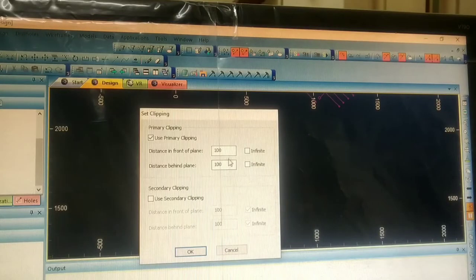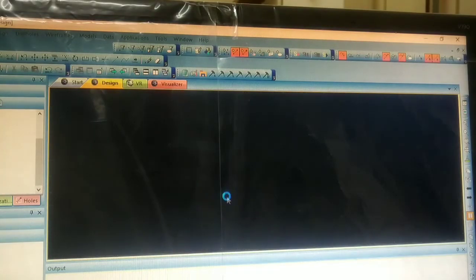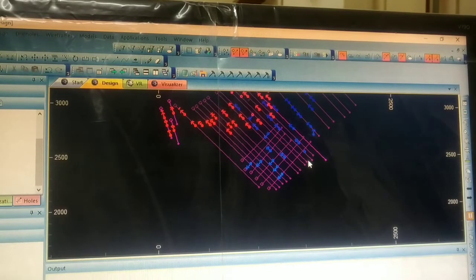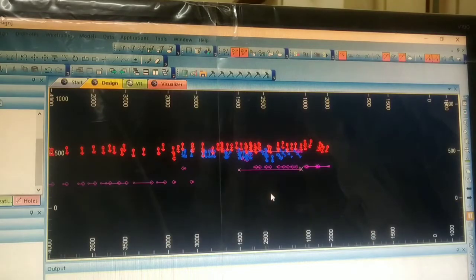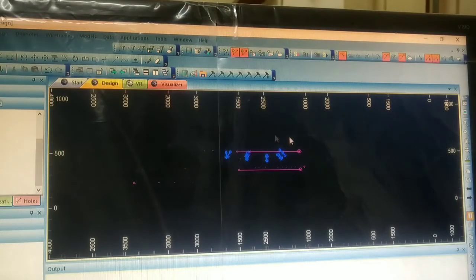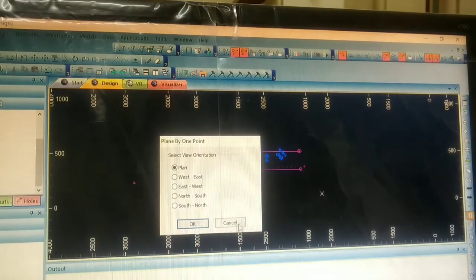Again we will go to the plan. Go to the next section line and the same process will be repeated. 2-point command, type 2 on the keyboard. The 2-point command will be active. Click on both ends of the second section. The dialog box will open like this, vertical. Apply the clipping 100 by 100. OK. Second cross section view. Command SVI. Type SVI on the keyboard. OK. The second section is saved in view definition. The view definition shows in loaded data.